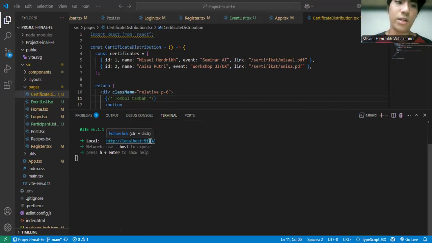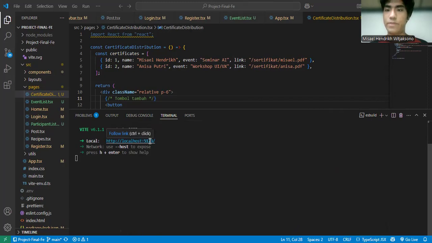And now for the certificate, we just download the certificate. Just click download.